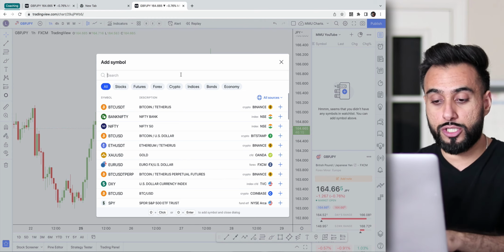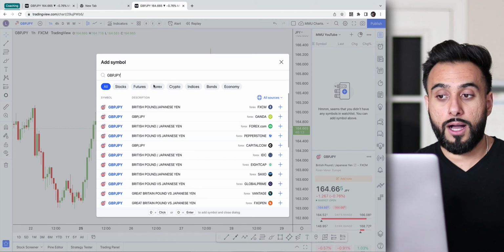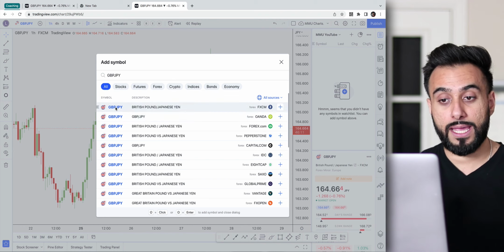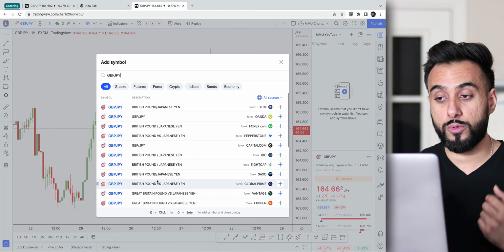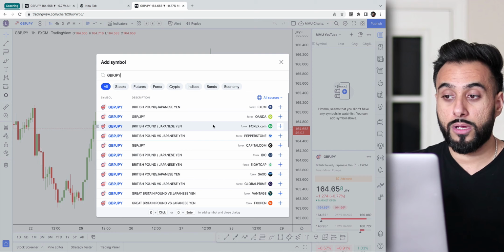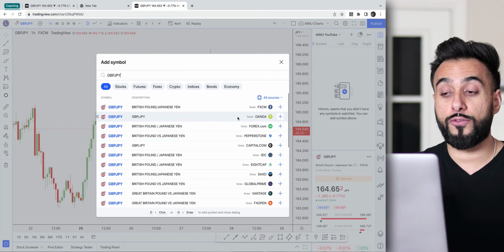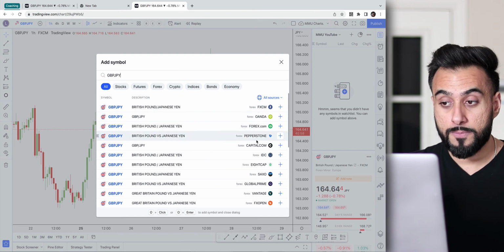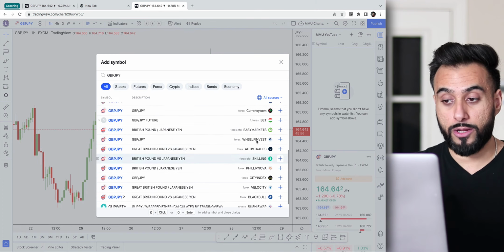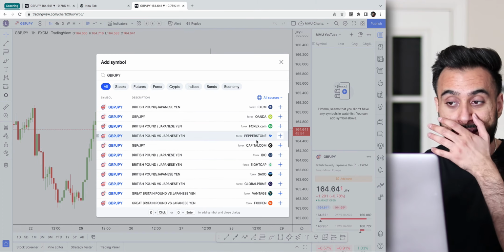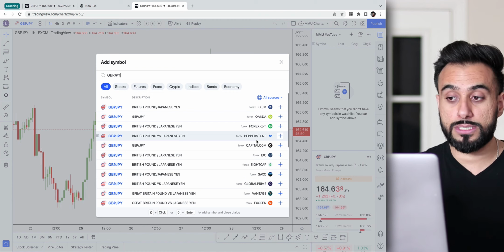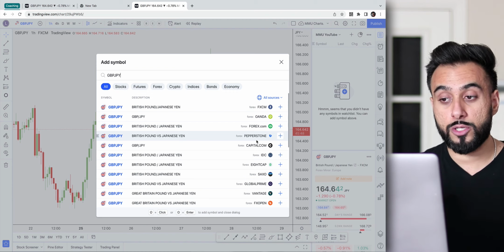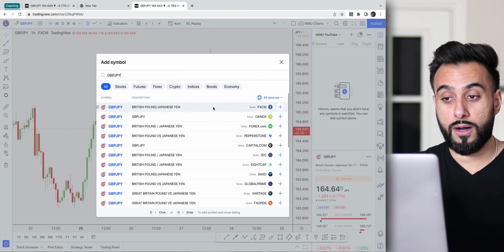So for example, let's just do GBP JPY. What you'll notice is you'll see a list of GBP JPY multiple times. Here's the thing: you want to make sure you look for the feed of the actual broker that you're using. Your broker might not be listed on this. This is more for market maker based brokers. But if your broker is listed, you want to make sure you use that broker's